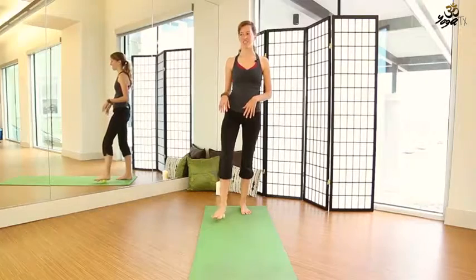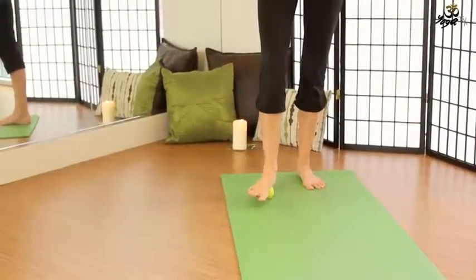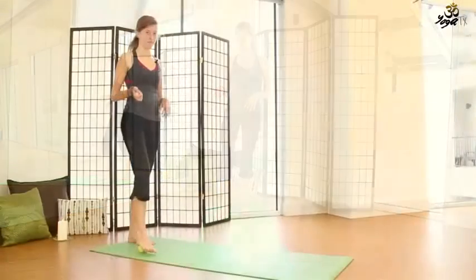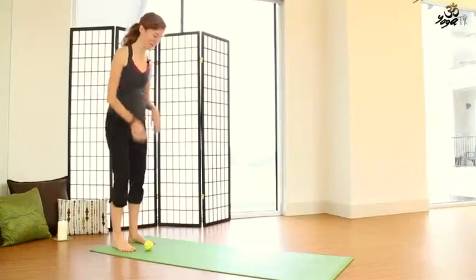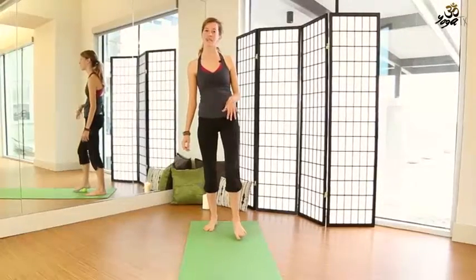We'll take another moment here just to kind of roll that ball back and forth, maybe pausing to put a little extra pressure if you feel any knots or any extra tension. And then wiggle that foot out, and we'll bring it under the left foot. Again, applying a little bit of pressure,